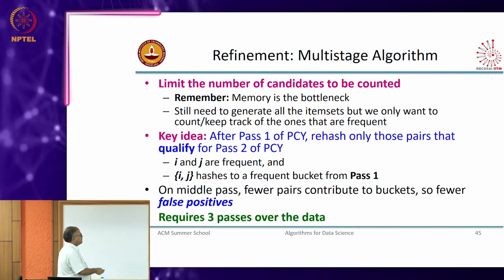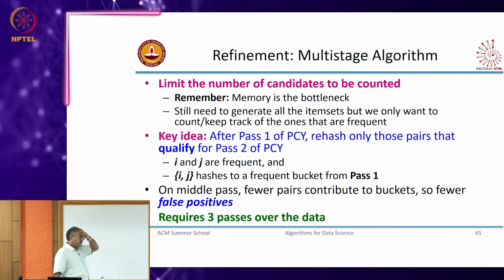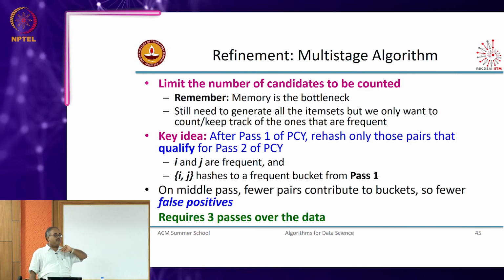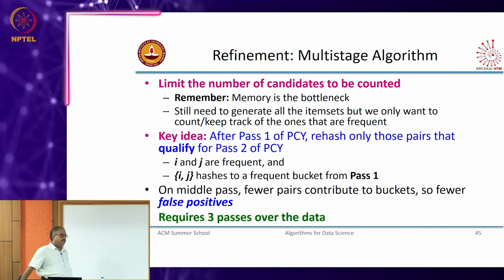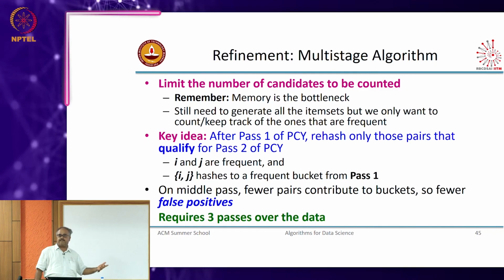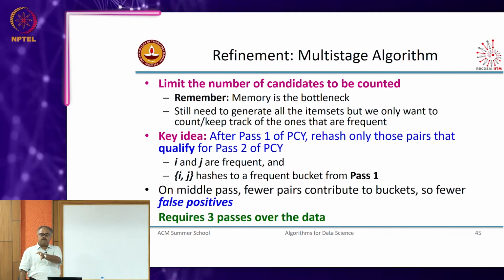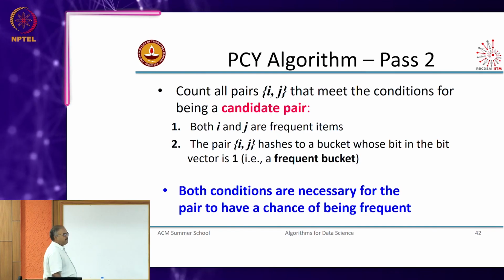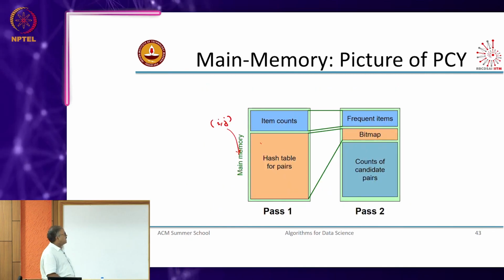So, what we do in pass 1, we have done the filtering. Now, I have my candidate frequent sets that I am going to count in pass 2 of PCY, right. Now, what I do is I do not actually count them. Instead of counting them, I do the same hash trick again. I take each pair of items that have passed through from PCY. These are the candidate pairs that come to pass 2. So, I will take those candidate pairs,